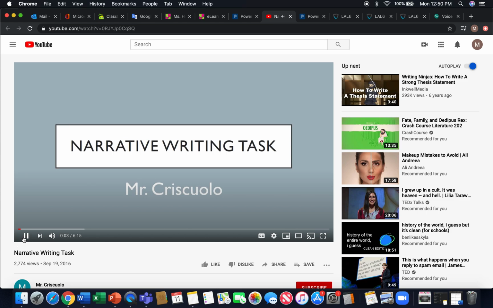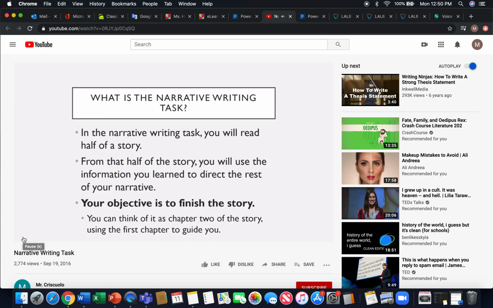Today, we're going to look at the narrative writing task. What is the narrative writing task, you might ask? In the narrative writing task, you will read half of a story. Your job will be to continue it to the end. From that half of the story, you will use the information you learned to direct the rest of your narrative. The objective is to finish the story, so you'll have to find the resolution. You can think of this as Chapter 2, using Chapter 1, or the first part of the reading, to guide